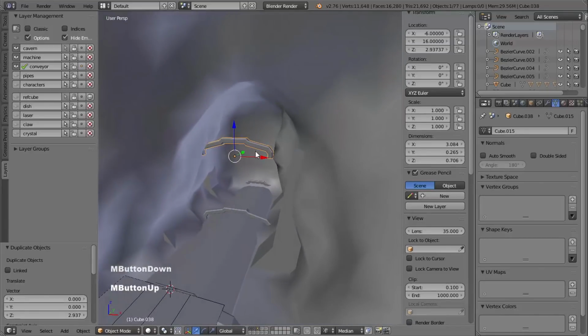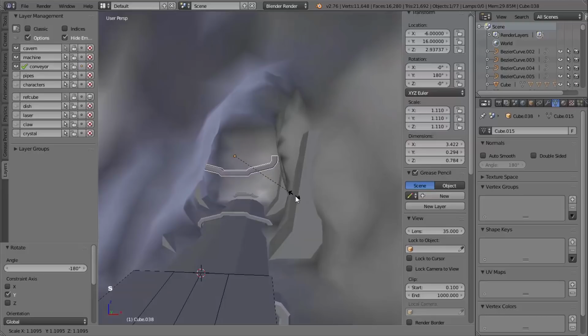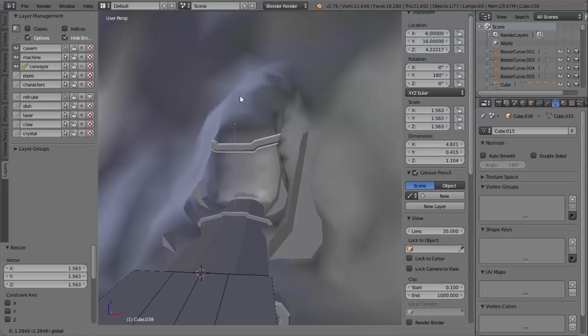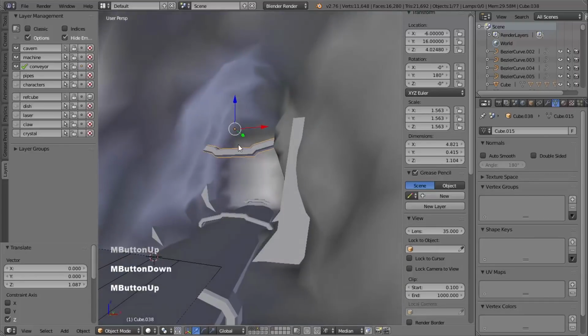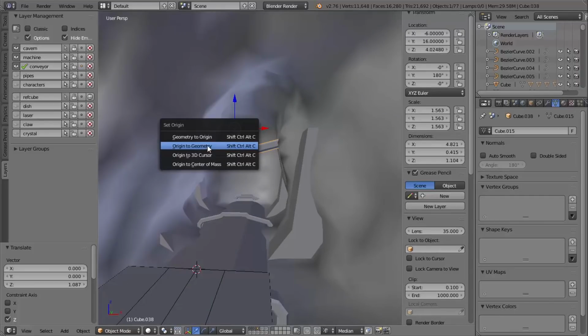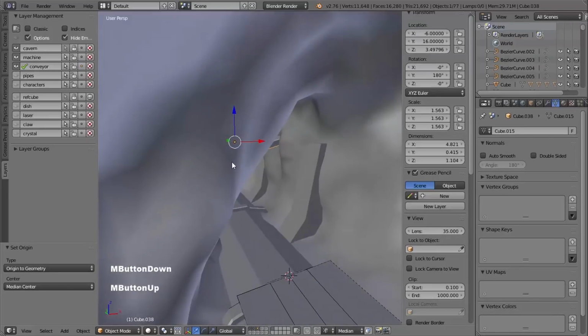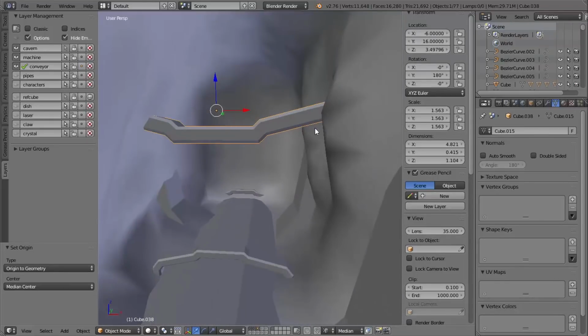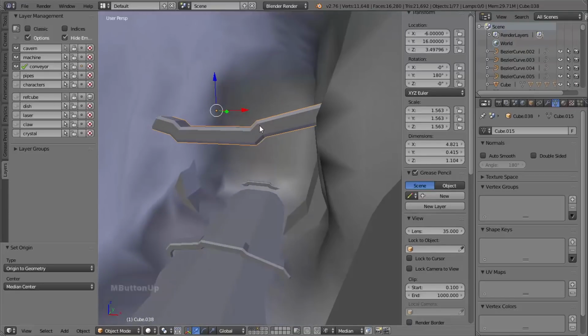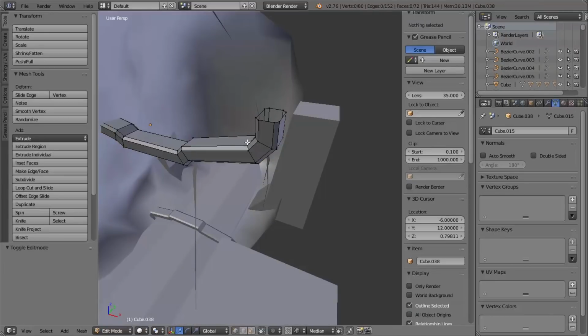And then I want to rotate it on the Y-axis 180 degrees, so R, Y, 180. And I want to scale it up a little bit to something like that, and then move it up so it's more appropriately positioned. And while I'm here, I'm going to do Shift, Control, Alt and C and move the origin to geometry just so it's centered a bit better in the object. And the strut here is embedded in the wall, and it will be on both sides even after we remodel the cavern. So what I'm going to do is go into edit mode and then face mode,